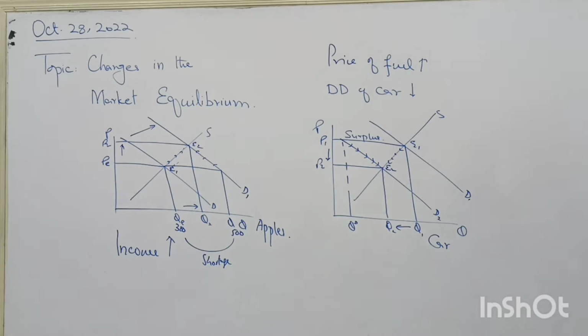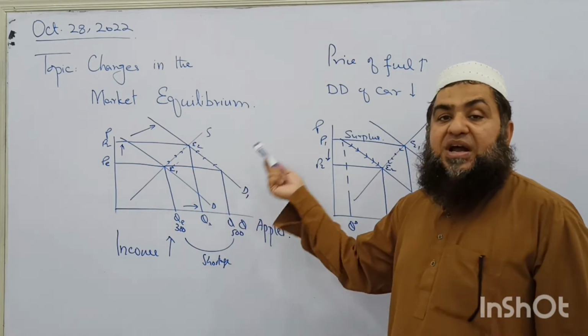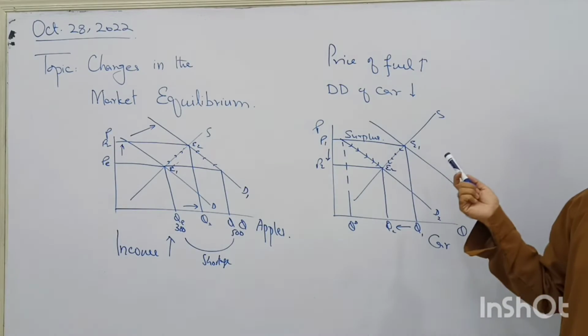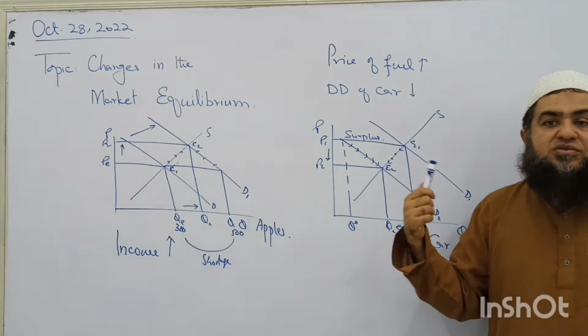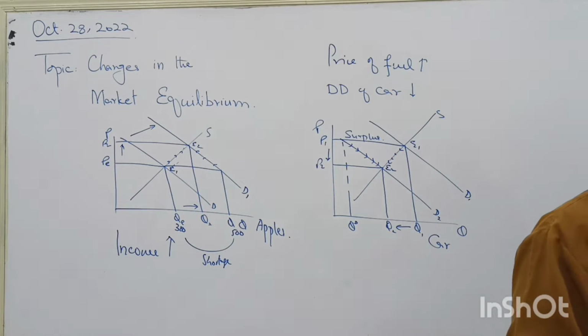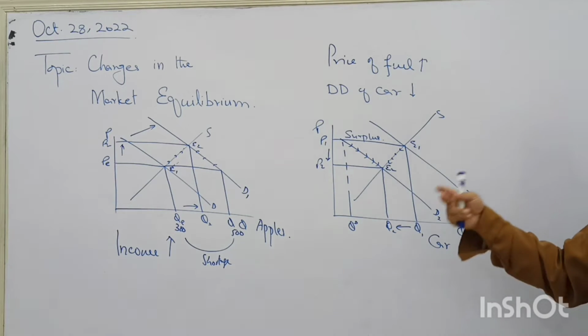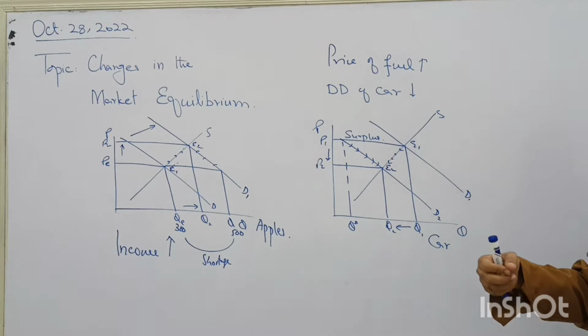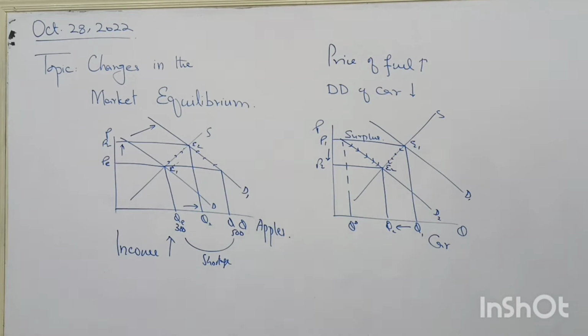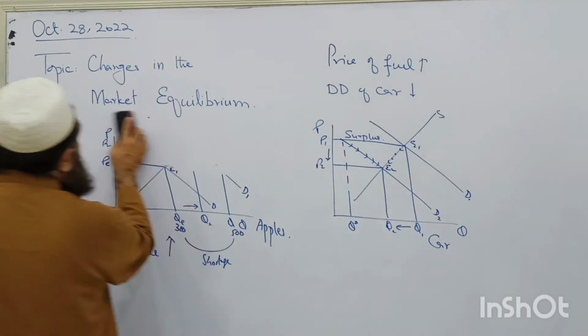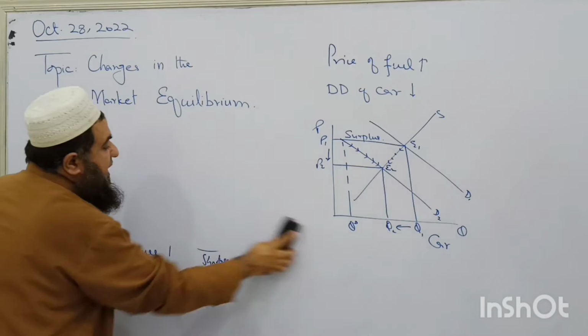So these are the demand factors. In one case, I shifted the demand rightward, and in this case, I shifted the demand downward, and I made it clear why the equilibrium price changes due to the change in the demand for the product in the market. This is the market demand, not the individual demand. Follow my point? Now I will move towards the change in equilibrium when there is a change in the market supply of the product. Now come towards the change in equilibrium due to the change in supply.